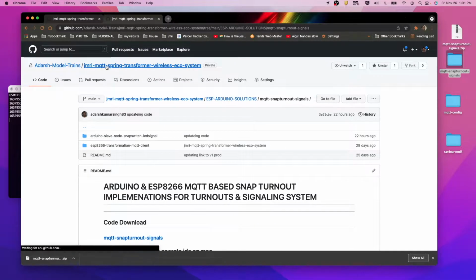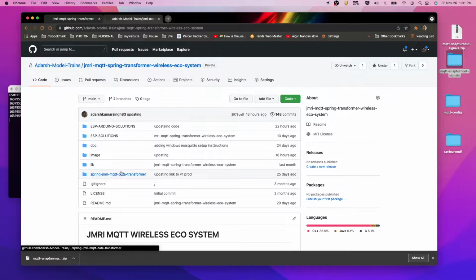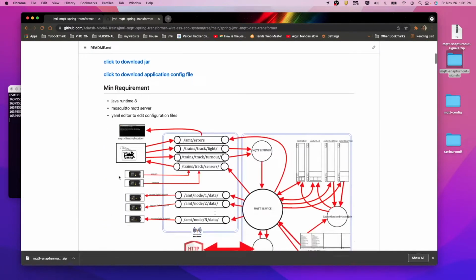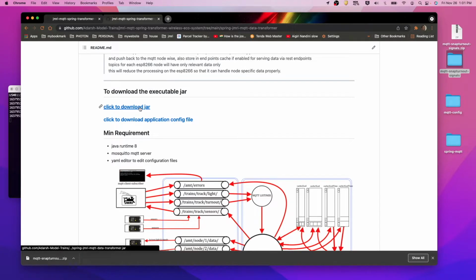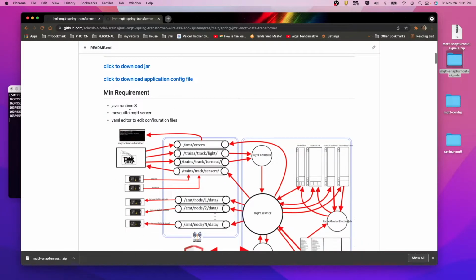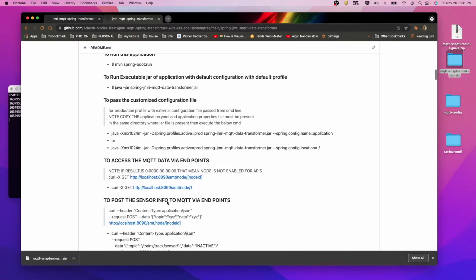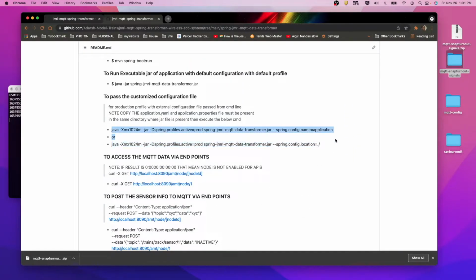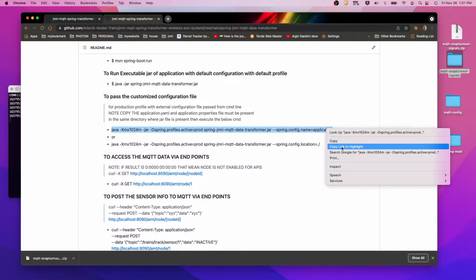If you go into this home page, you can see the transformer application. You can download the jar file here, you can download the configuration file here, and what are the steps required, everything is mentioned, and how you can execute that also, it's there.